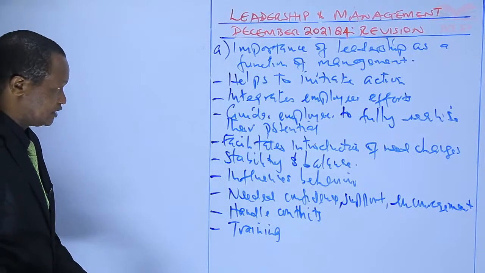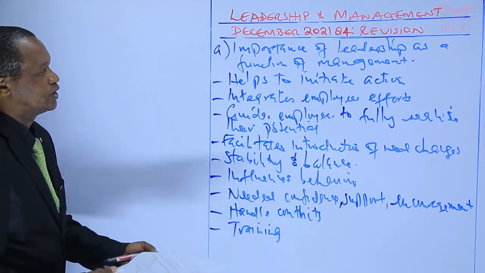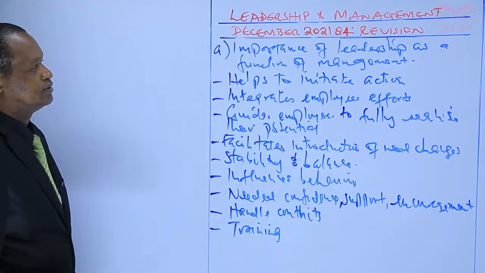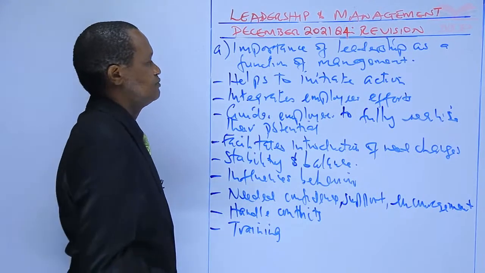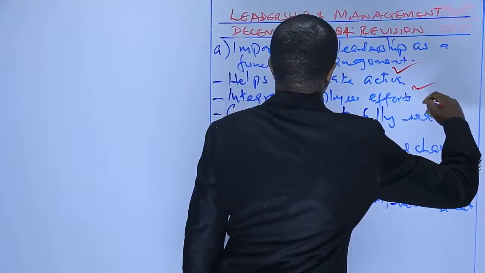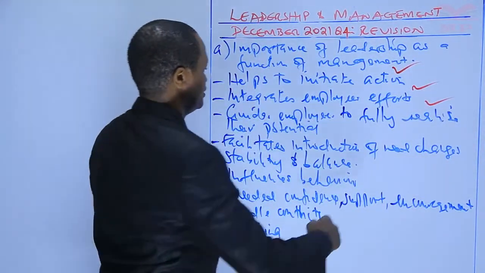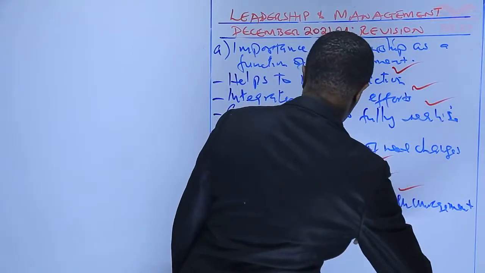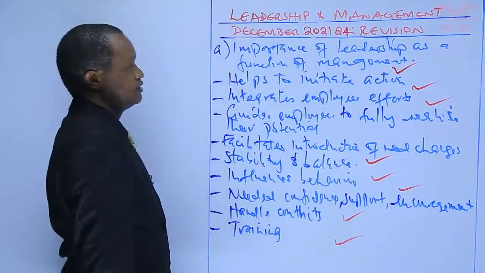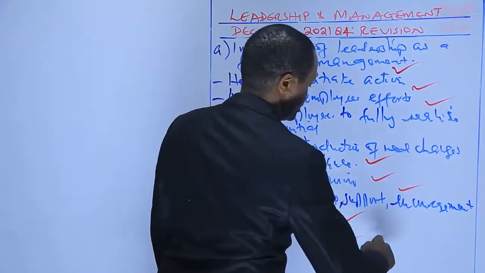So these are some of the reasons why leadership is important as a function of management. 1, 2, 3, 4, 5, 6, 7, 8. Any 7 points here will earn you